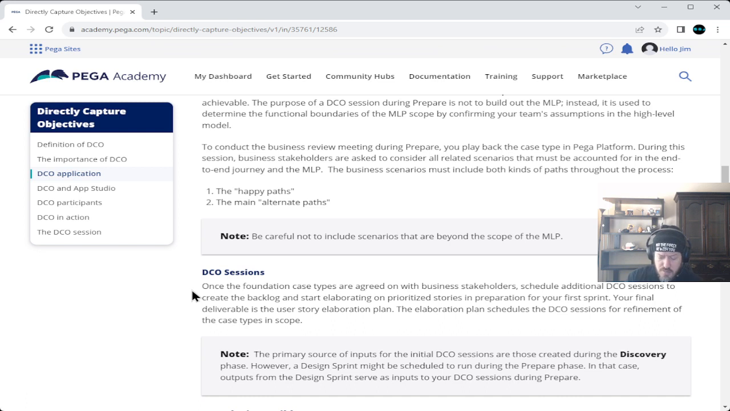But yet at the same time, shouldn't you be aware of other potential scenarios? Because if you encounter a scenario that causes a stop in the case type even moving forward, then how are you going to handle it? You know, like for example,